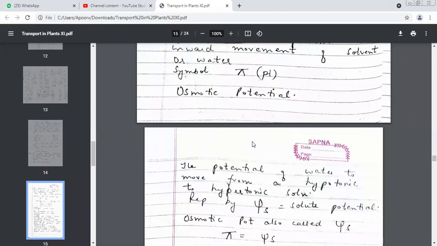What are the factors on which water potential depends? And also tell how they are proportional to each other. Water potential depends upon solute and amount of solute and pressure. And water potential is directly proportional to pressure, and it is inversely proportional to the solute potential. And it also depends on gravity, but it has a negligible effect on water potential. Good, very good. Well done. Abuzar, question from Anadi.